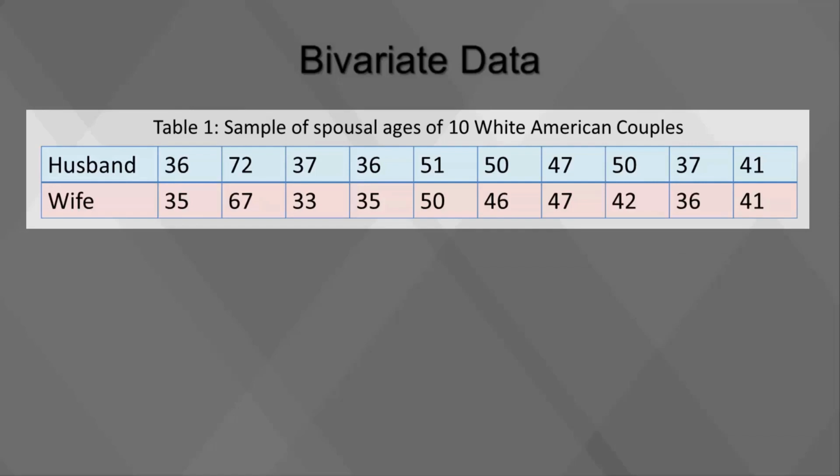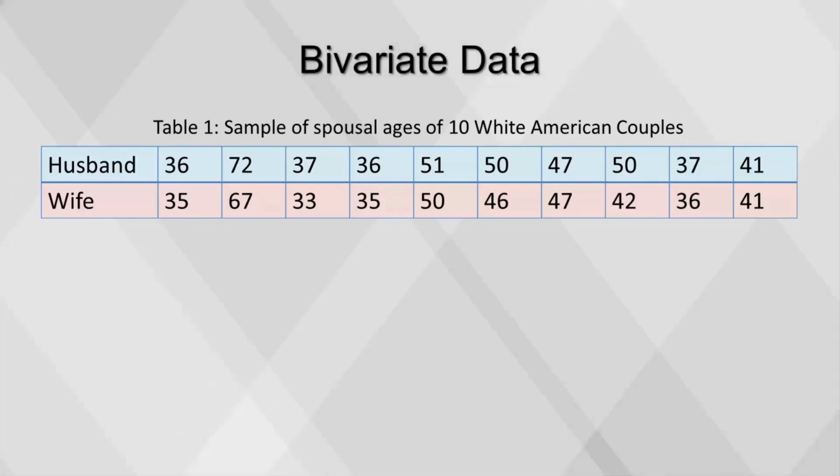men having a tendency to be slightly older than their wives. This is no big surprise, but at least the data bear out our experiences, which is not always the case. The pairs of ages in Table 1 are from a dataset consisting of 282 pairs of spousal ages, too many to make sense of from a table. What we need is a way to summarize the 282 pairs of ages.